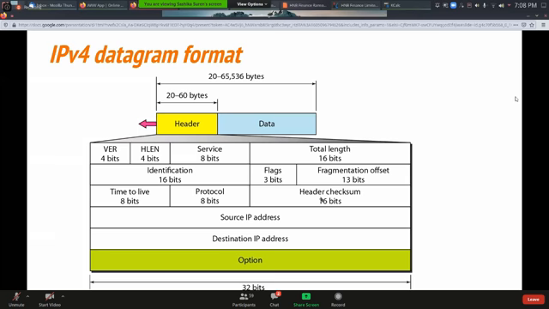So the last two things are the source IP address and the destination IP address: the person who's sending it and the person who's receiving it. The source is the one you are sending from, the destination is the one you are receiving. So the rest of the things, options,